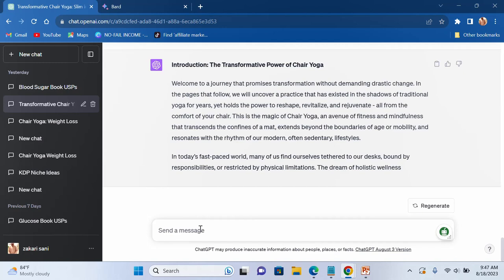So now let me give it the right thing to do. Once you have given it a prompt and you see it is not doing what you expected, you just click on stop, and it is going to stop generating. Then you give it what you want it to do. So now: please write professional and engaging content for the introduction above